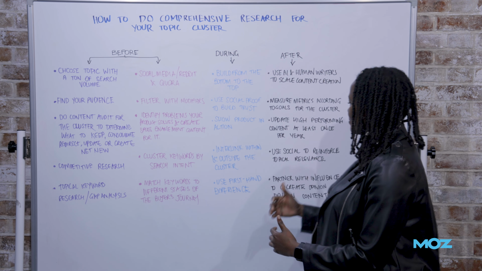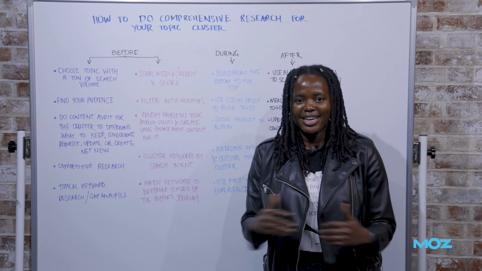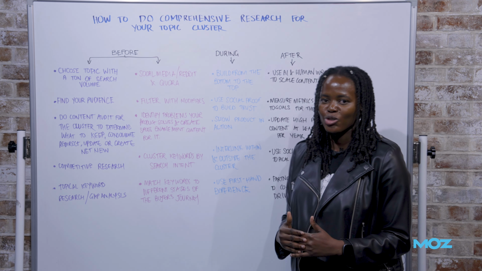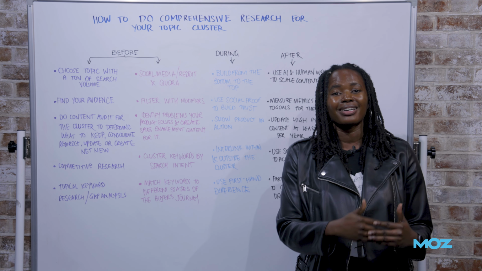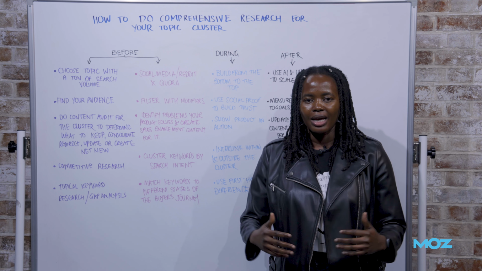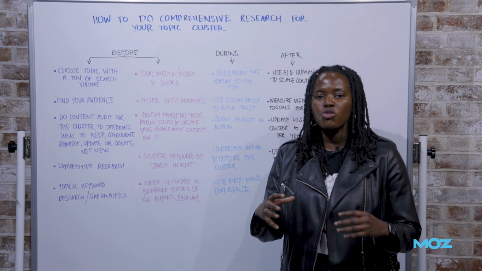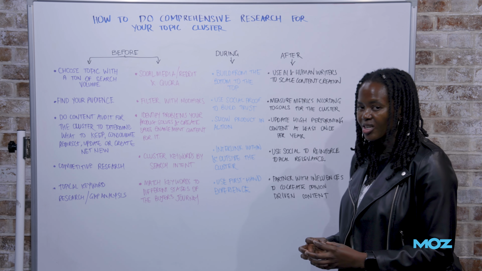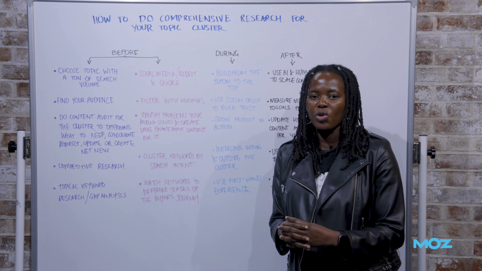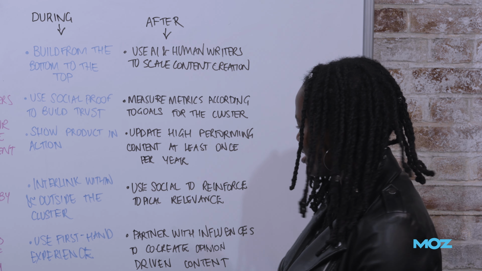Use social to reinforce topical relevance. Again, thanks to ChatGPT and other AI tools, people are looking to thought leaders for guidance on what to do strategy-wise. You can be at the forefront of that discussion by using social media to share your content that you have created. Your blog is not the only way to reinforce authority. I really, really encourage you to start creating social content to reinforce topical relevance.